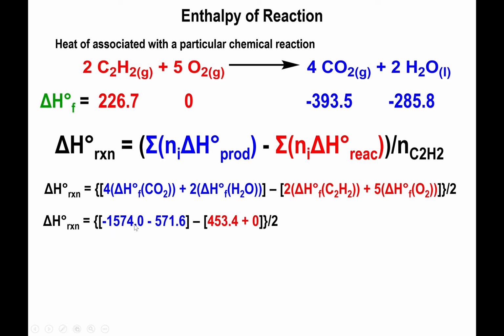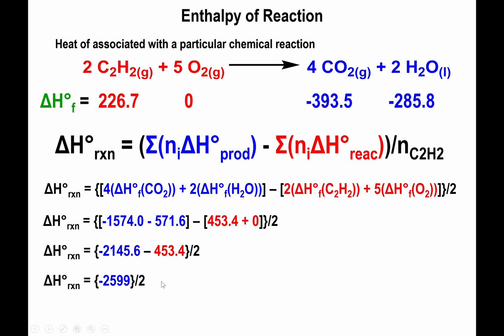So this is going to simplify to negative 1574 for CO2, negative 571.6 for water. We're going to have 453.4 for C2H2 and 0 for O2. Now notice that we still have to add the products together, we still have to add the reactants together. So we're now going to yield negative 2145.6 for the products, positive 453.4 for the reactants. We're still subtracting reactants from products, so we have negative 2145.6 minus 453.4,